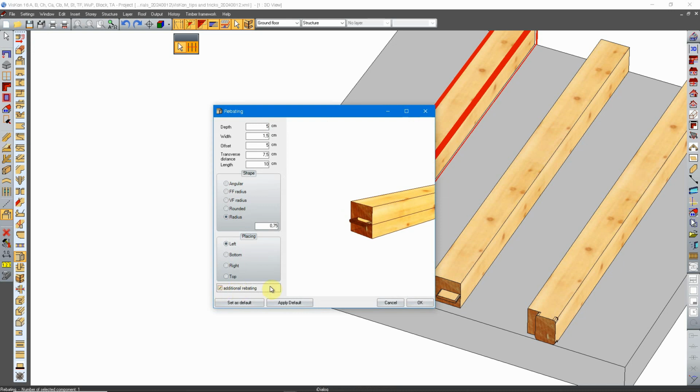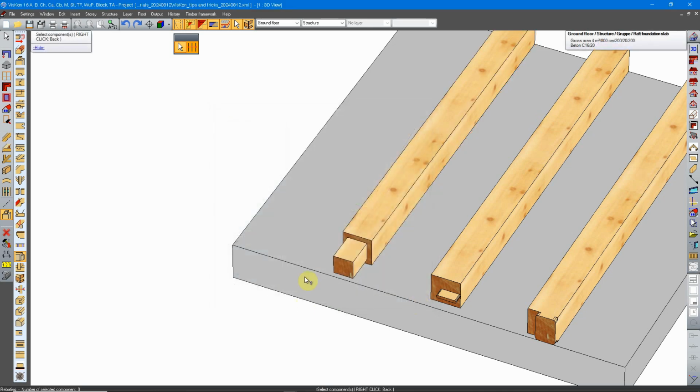ticking this checkbox, additional rebating, and let's say that I want to make a bigger tenon, maybe 15 centimeter depth. The width will be 10 centimeters. Let's say it is 2.5 centimeters offset, something like this. Okay, click OK